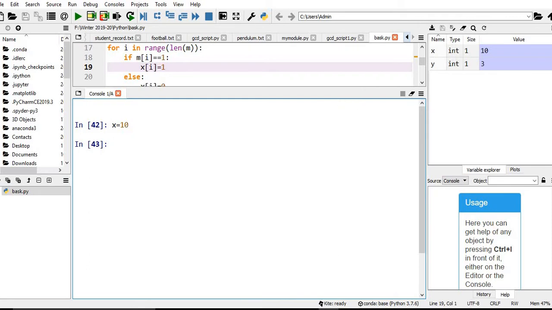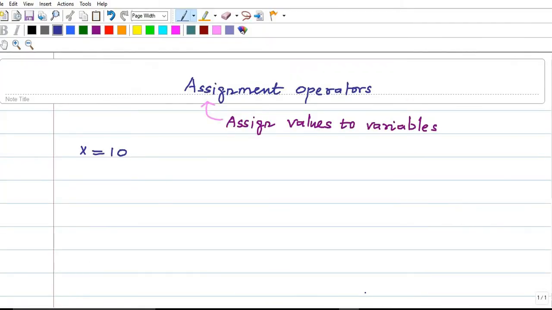Okay, next one, plus is equal to operator. For example, if I give x plus is equal to 3, this is nothing but x is equal to x plus 3.